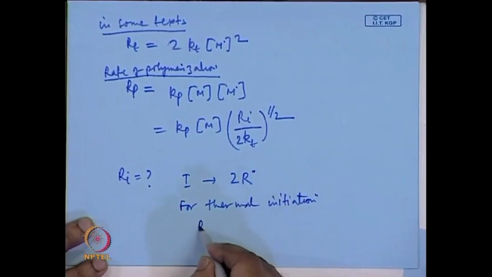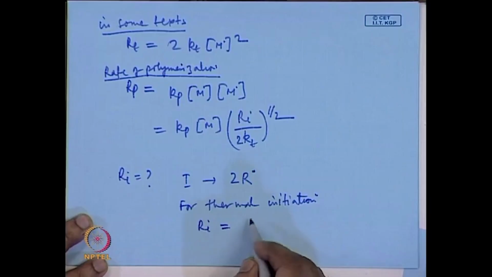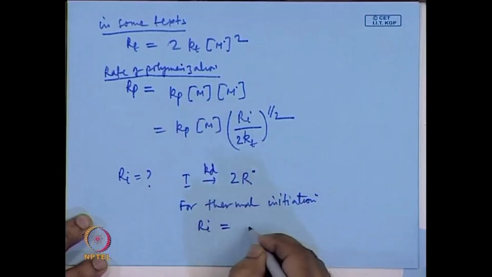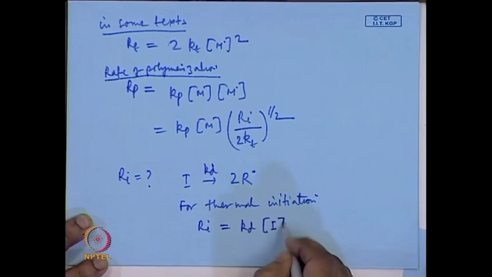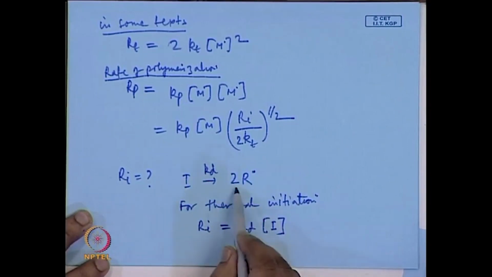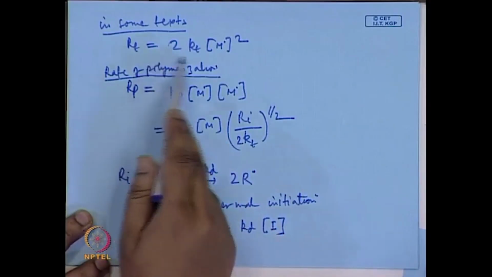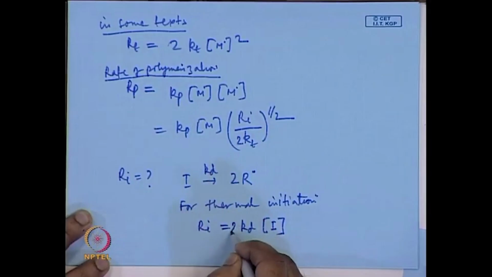So, how do I write the Ri? We write this is Kd I. Now, again because this produced 2 and we are following that, we should write 2 here during the termination rate. So, here also we write 2